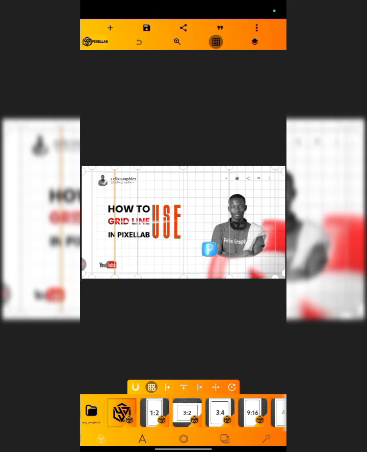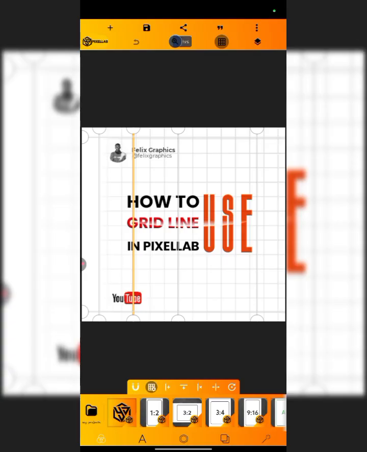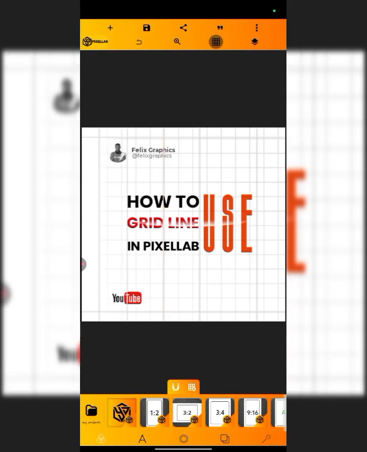So that is it. So for me to align these three texts with the grid line in Pixellab, I'll just move this one. Make sure you use your zoom tool in Pixellab. Make sure you move it to the edge of the text, and move this one to the edge of the text, and then add another one inside the two. So that here now is